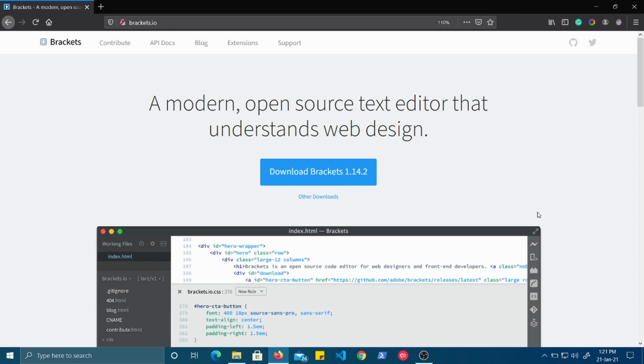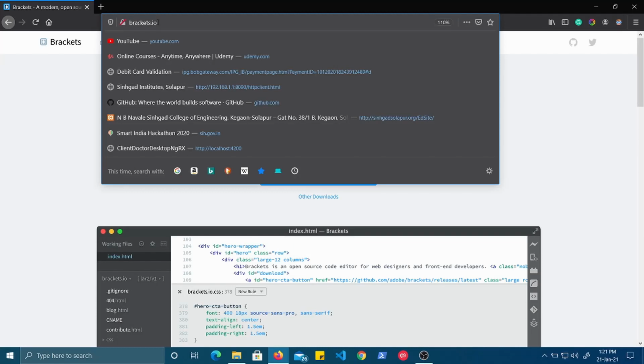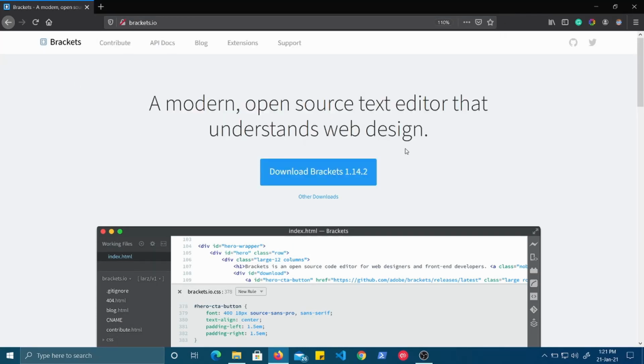In this session, we will download and install the code editor that we are going to use throughout this course. The name of the editor is Brackets. The URL goes like this, brackets.io. So you just type this URL in your browser and this site will open, and depending upon your operating system,